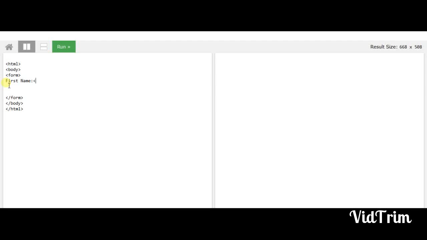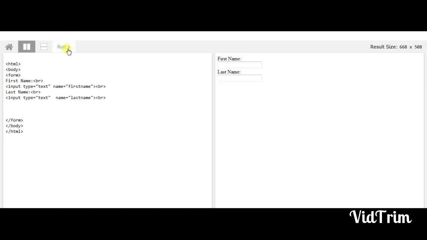Now, let us create two text boxes for first name and last name. Thus, the text boxes are created as displayed.